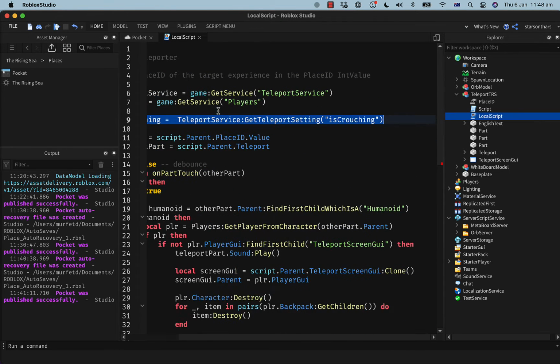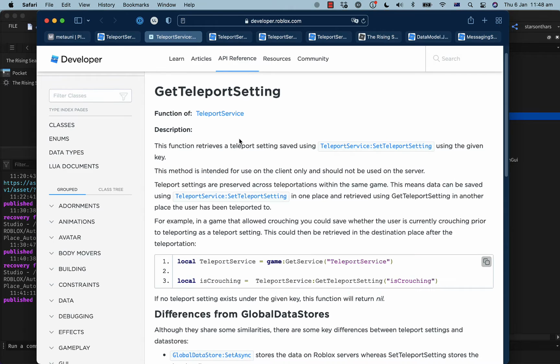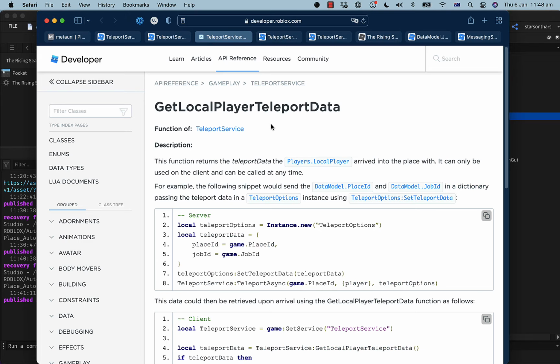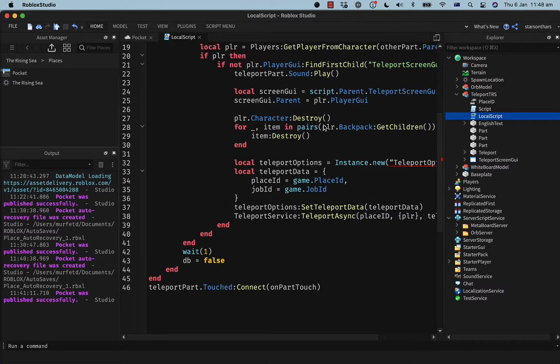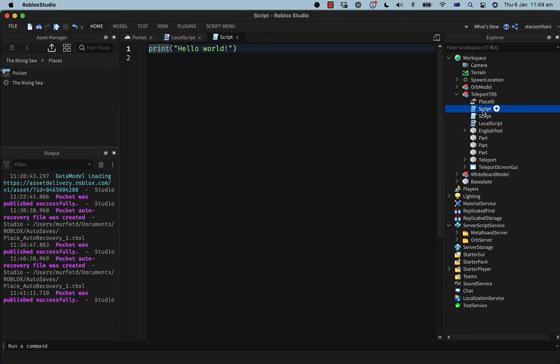And the server can't recognize that. Well, it can't call this get teleport setting. Oh, okay. There's get teleport setting, and then there's get local player teleport data. There's no reason to use this. I'm stupid. I should just use this. Okay. Well, let's do this again, because that's fun.